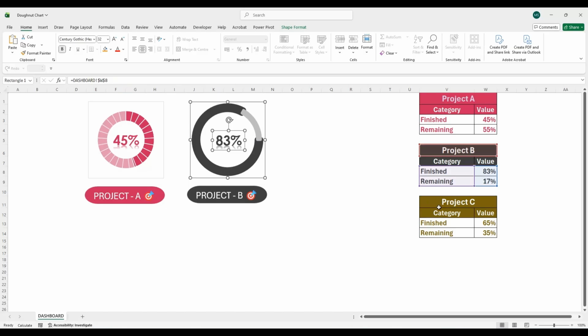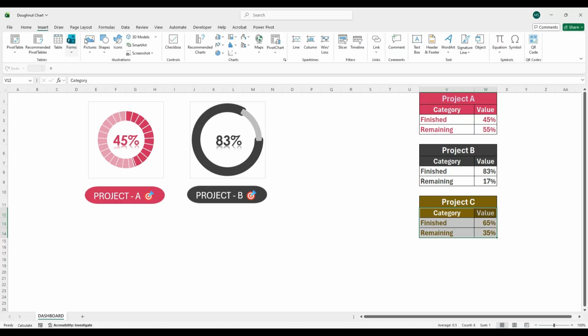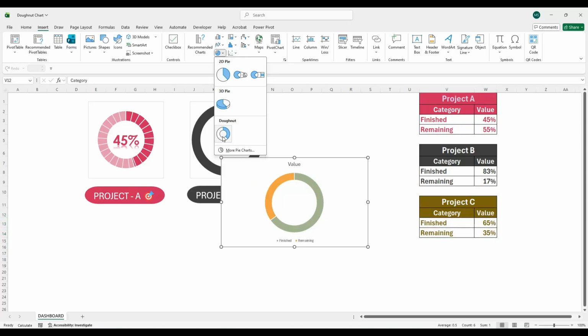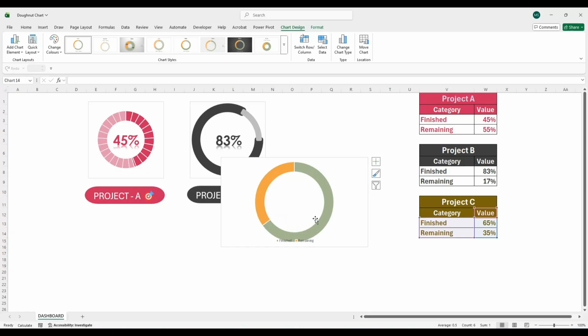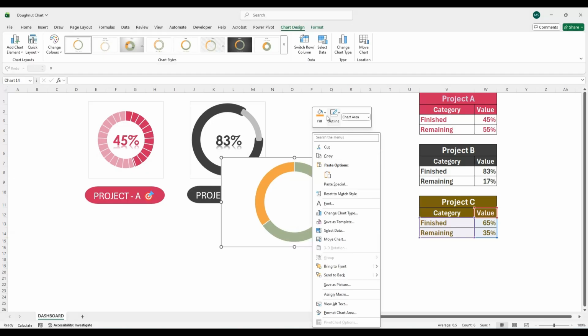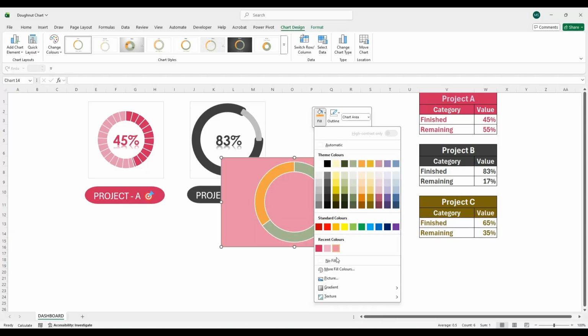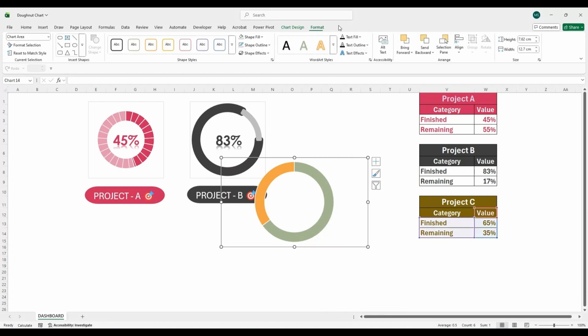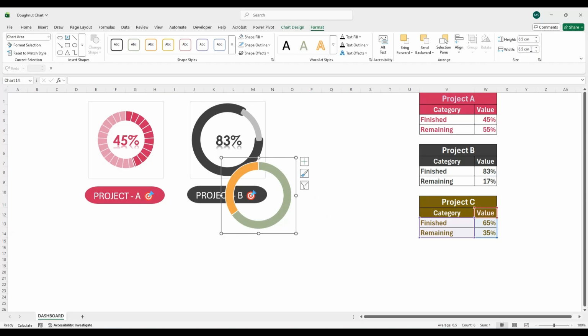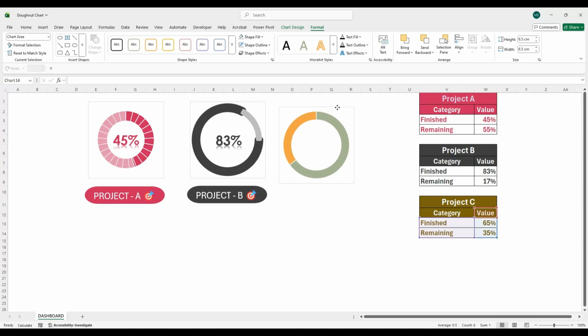Now we move to the third style for Project C. Select the category and value data range. Go to Insert tab. And under Charts, choose Donut Chart. Remove title and legend as well. Right-click. And under Fill, select No Fill. Go to Format tab. Set height to 6.5 centimeters and width to 6.5 centimeters. Position the chart neatly on